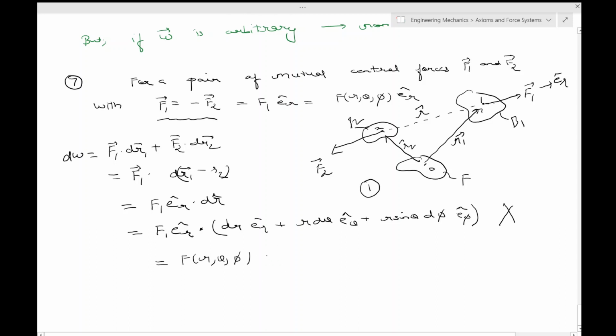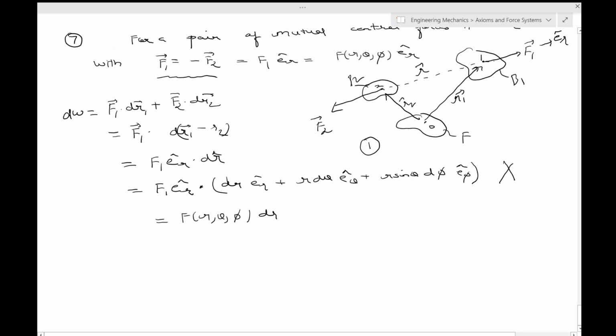So you have this dr, so this force will be conservative if F of r, theta, phi is equal to F of r, because only in that case this integration, if you do, will depend only on r, okay. If it still depends on theta and phi, then it's not exactly conservative. So the potential energy will be equal to